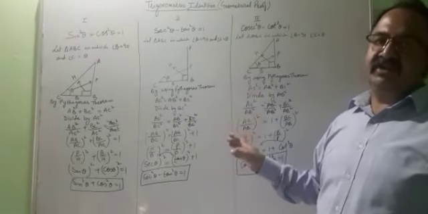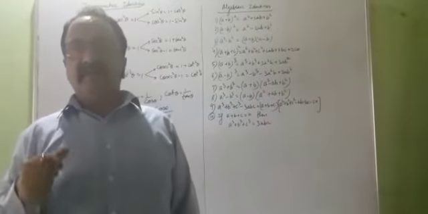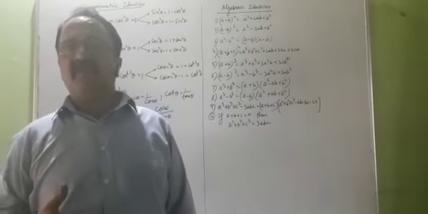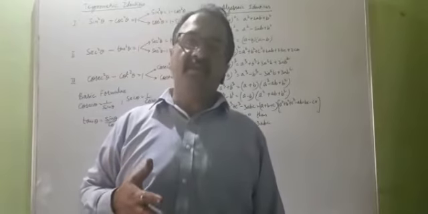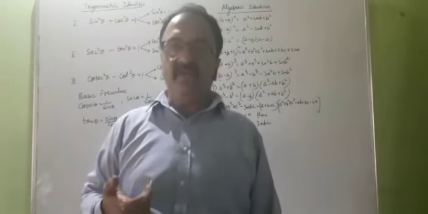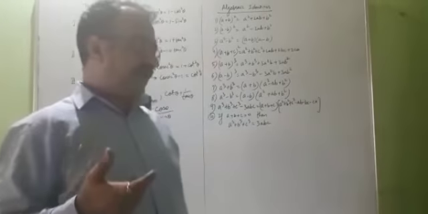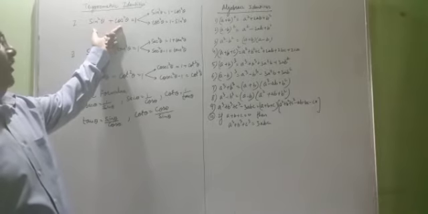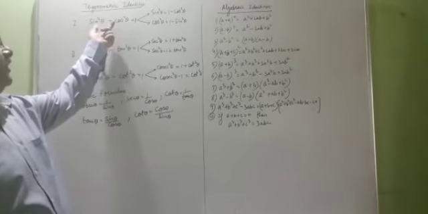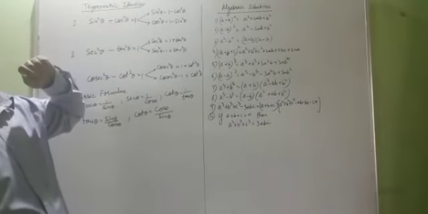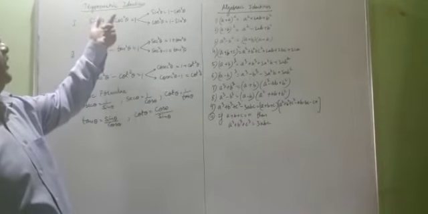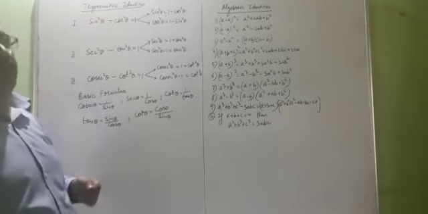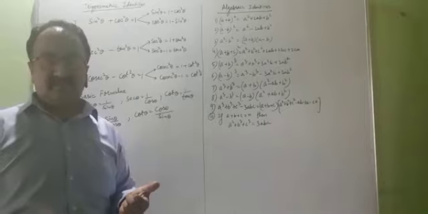Now we'll learn the application of them. Students will remember these formulas, how to learn these formulas, and what extra formulas are required before tackling the questions, before solving the questions. Now let's look at the trigonometric identities. We have studied sine square theta plus cos square theta equal to 1. This is a standard form. Now we used to search for this formula in every question, but it cannot be in the same pattern there in the question. It can be written in different forms.